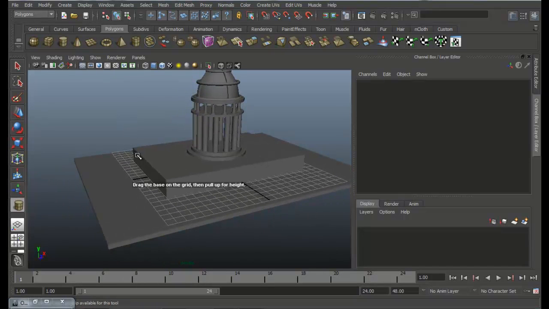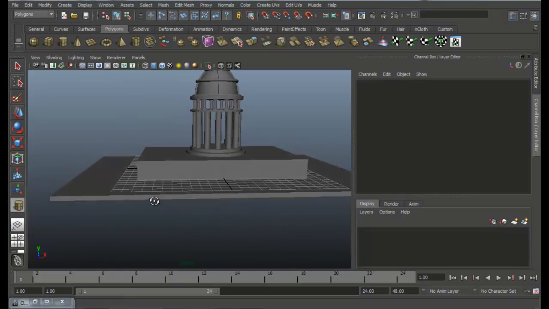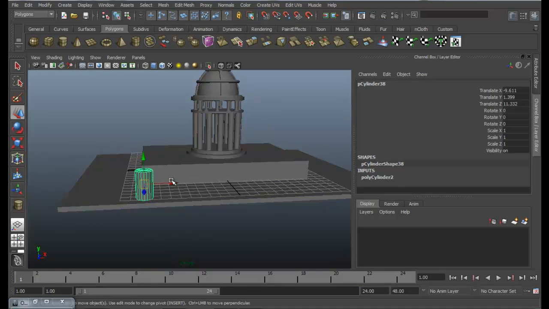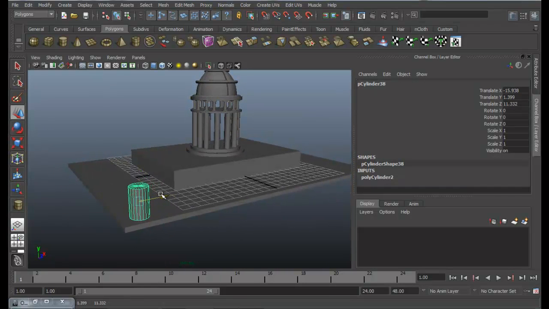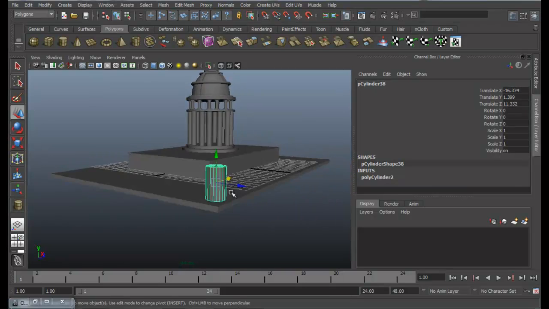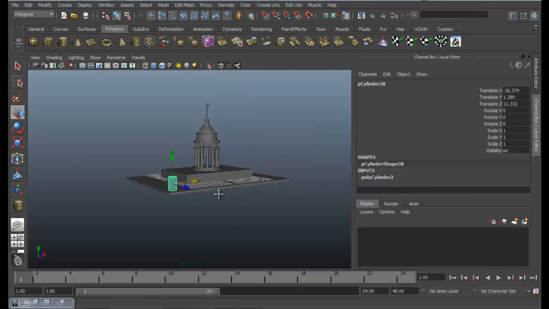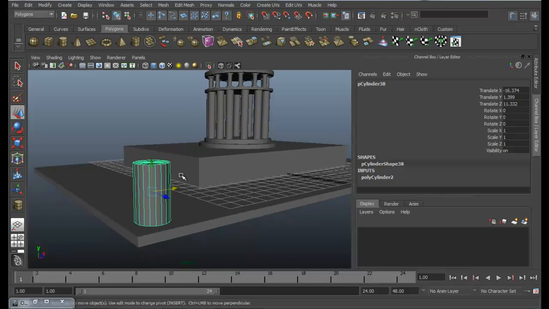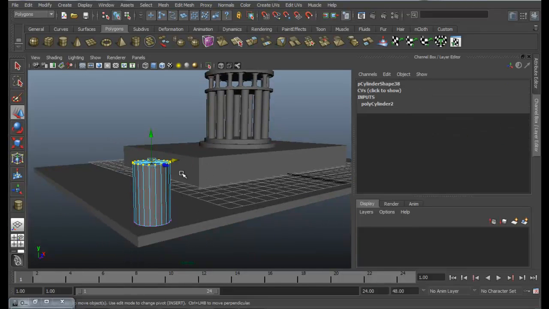First of all, go ahead and create a cylinder. You need to match the proportion, so the final result will look good. The whole thing is the proportion.